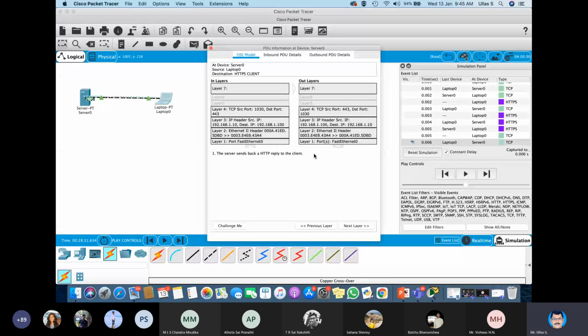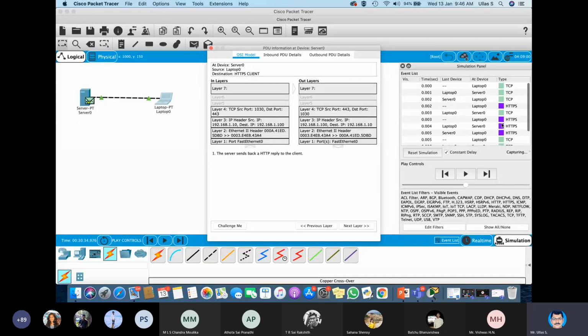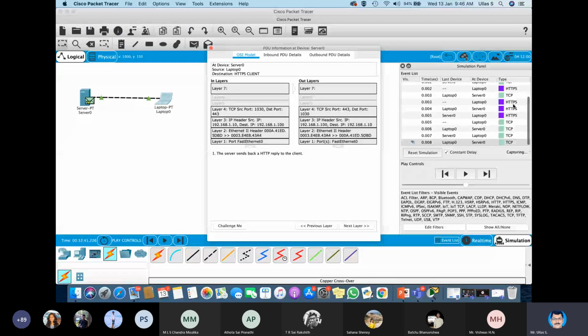So the last four TCP communications are actually connection termination. Basically connection establishment, then your HTTP request, for that you will get an acknowledgement, then your HTTP communication, then the connection termination takes place. We will understand the connection establishment and termination once we discuss the transport layer.